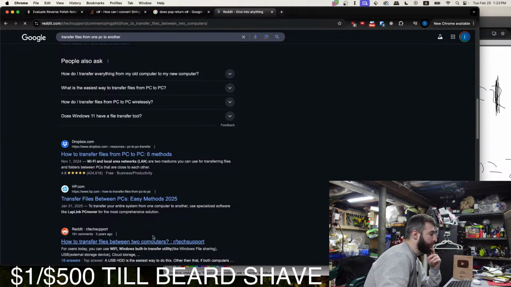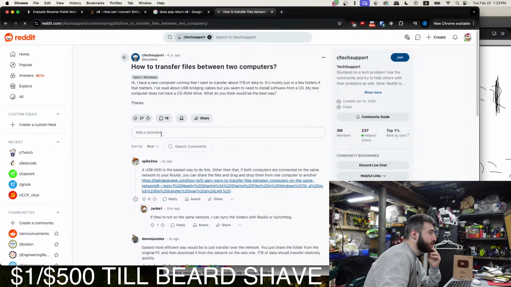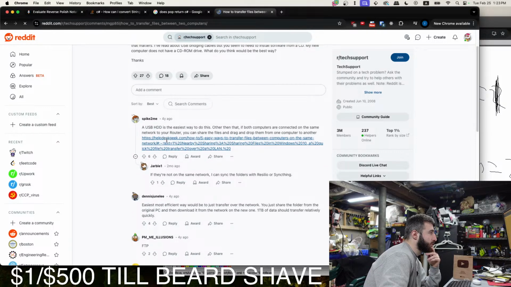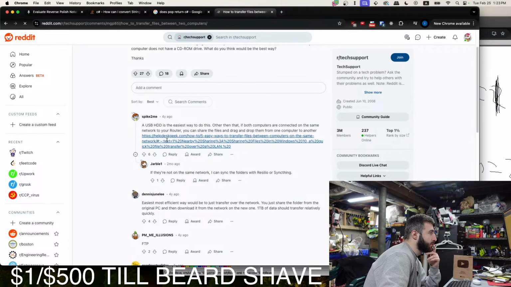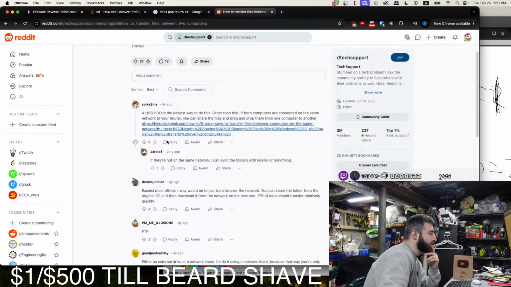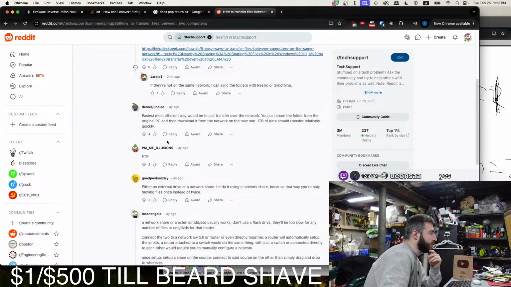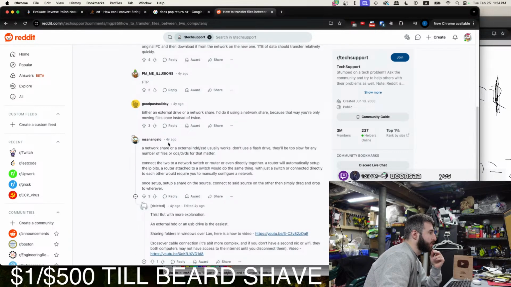Interesting. Are they both Windows PCs? Are they both on Windows? Yes, they are. That's good. So you could connect the two to a network switch or router. Okay, as long as they're both Windows.